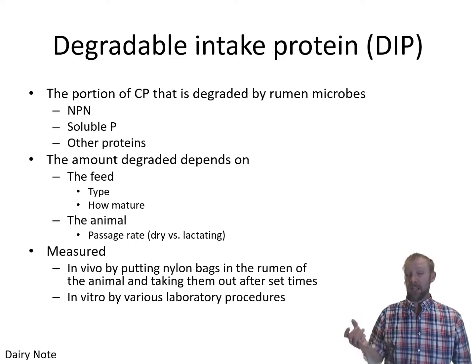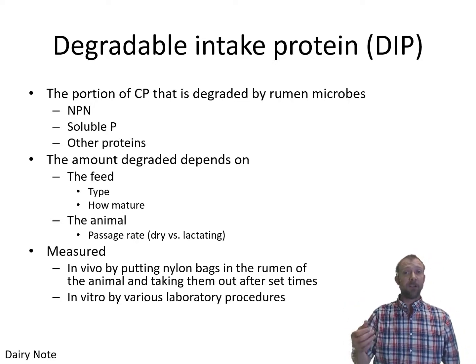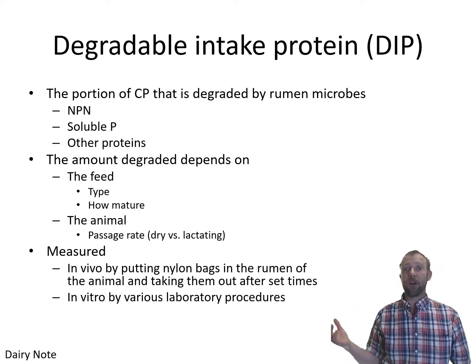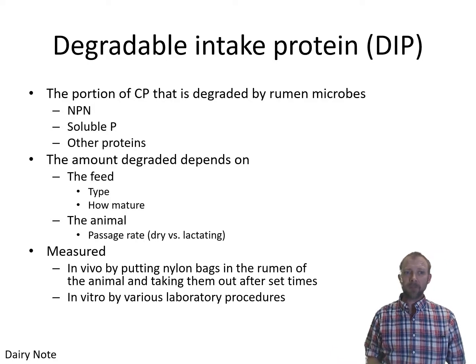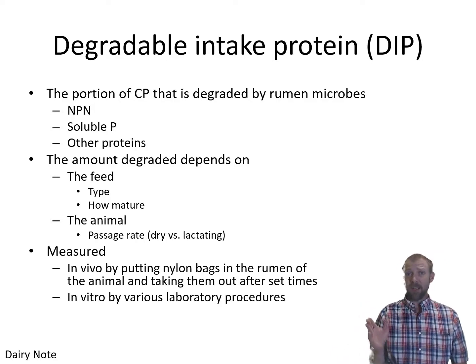It also depends on how you treat the feed. So for example, when you're drying distillers grains, if you dry it under a high heat and you dry it aggressively, it's going to become more undegradable. It's going to become less degradable. And the other factor, of course, that makes a difference is the animal. What's the passage rate of the feed in the animal?